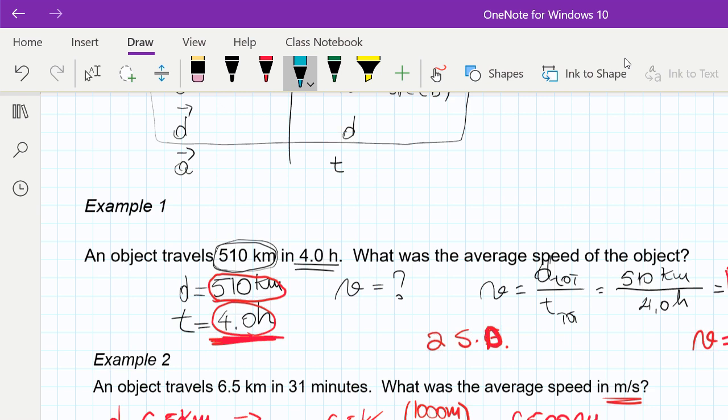When you have everything in the units that you are looking for, then it is simply to apply those values into the formula. The average speed is equal to total distance over total time. So total distance is 6,500 meters over total time is 1860 seconds. So the speed, the answer on the chart, was 3.5 meters per second,